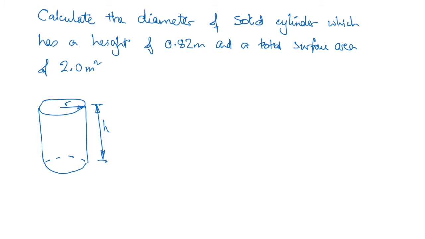This is our little problem. Calculate the diameter of a solid cylinder which has a height of 0.82 meters and a total surface area of 2 meters squared. So thinking about the surface area,